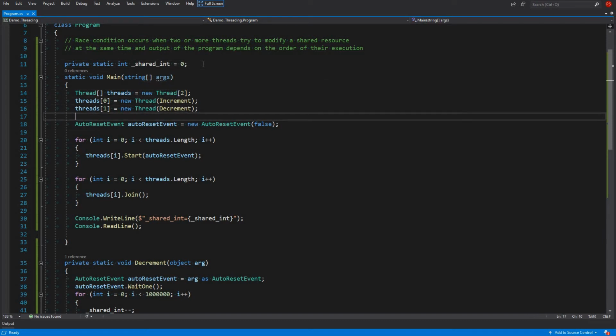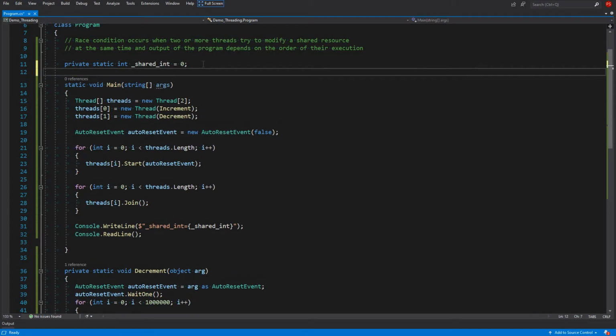So to take a lock we need an object, and this object can be anything because object is the root class, so you can lock on anything. Remember, we should not lock on value types or structs, because if you take a lock on a value type, like for example int, then the int will be boxed, converted to a reference type, allocated on the heap, and then you get the reference.